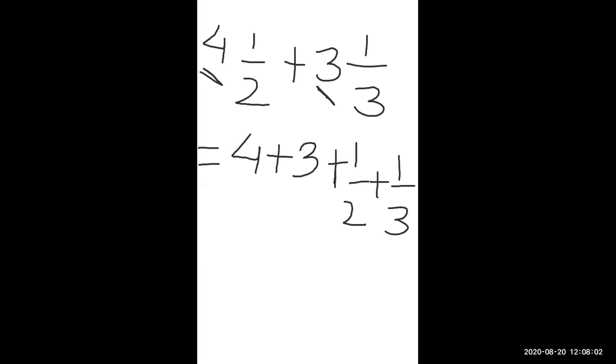I hope the first step you have understood. The first step is that you add the integral part and then the fractional part. So copy down this first step. The first step is 4 plus 3, that is the integral part, plus the fractional part, that is 1 upon 2 plus 1 upon 3. I hope everyone has written down the first step because I have to rub it.